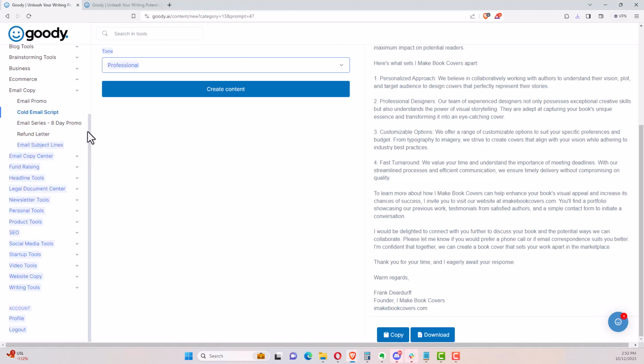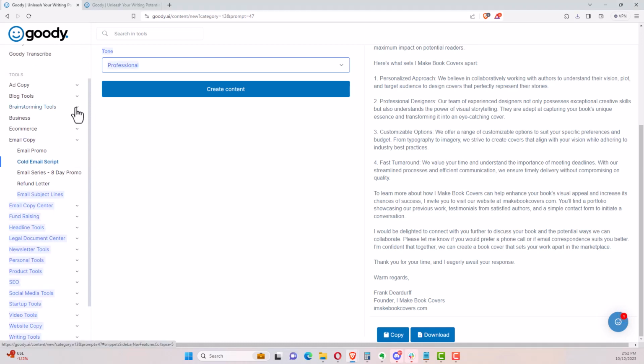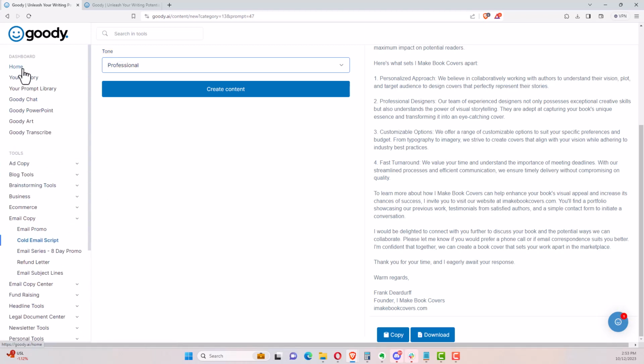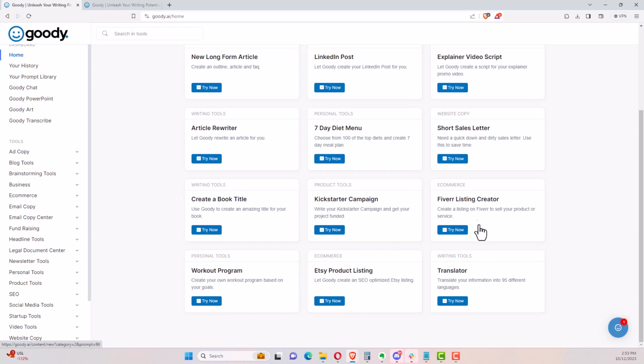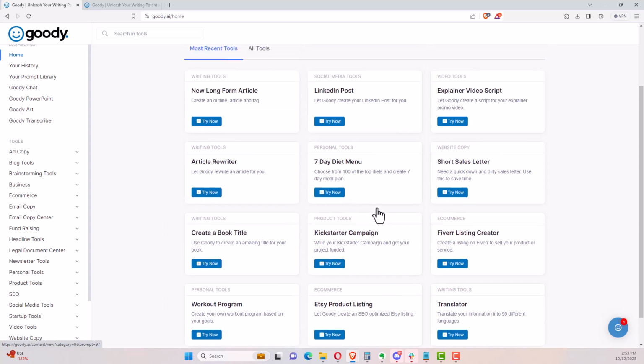So there are different things here. Like, let's see, it's under brainstorming. It's under here. I always lose these here. Not ad copy. Maybe it's on the front page again. Several of my users were right here on the front creating a book title. And of course I didn't make a note of where I put it. Create a book title is not what I wanted. You could start there, but